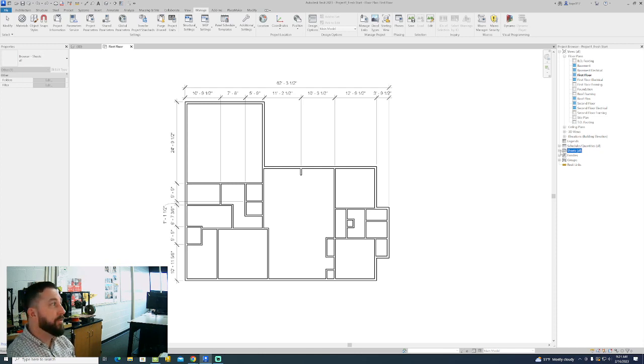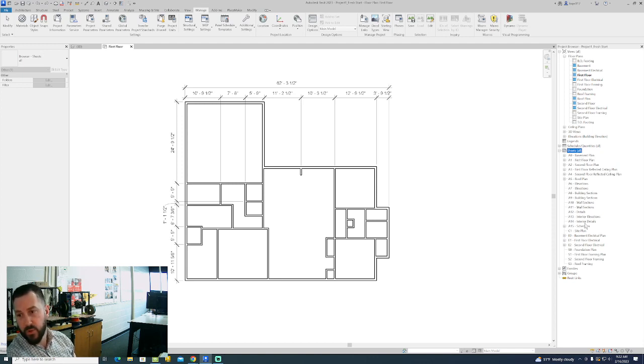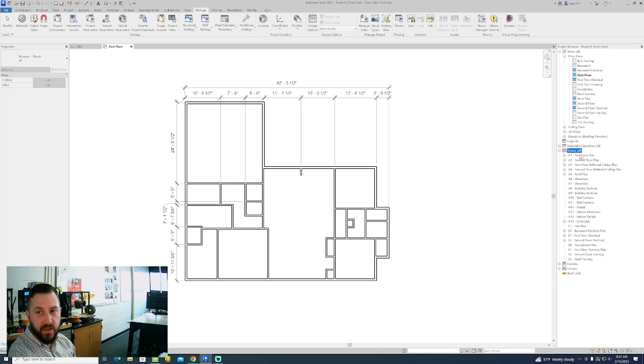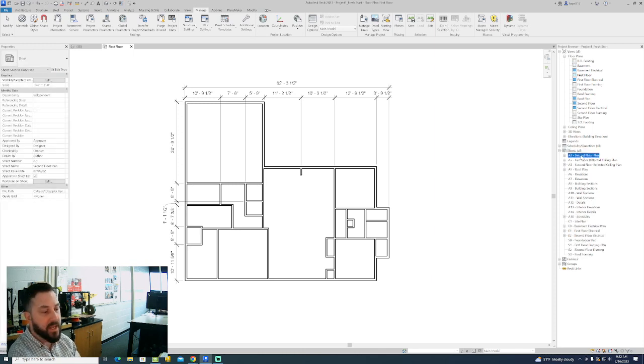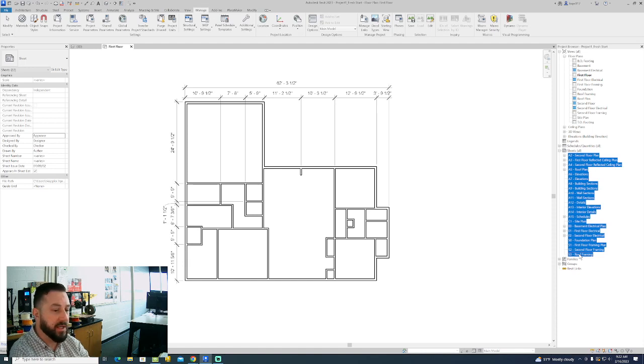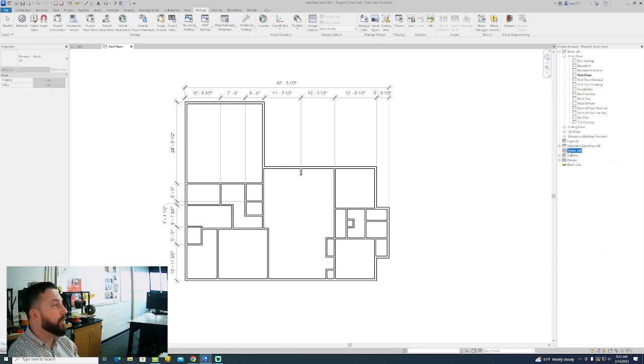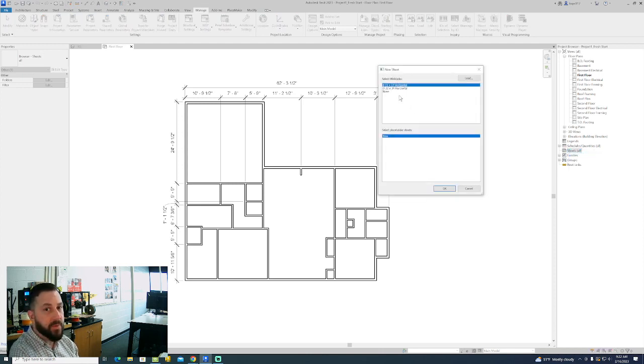The template file that we used when we started this, if I hit this little plus button, there's like 20 different sheets already set up. That's confusing. So the first thing I'm going to instruct you to do is delete all of these. You can pick each one individually and press delete, or it's way faster if you pick the first one at the top of the list, hold down the shift key, pick the bottom one, it selects all of them in a sequence, and then just delete them all. So right now, you're starting off with no sheets. That makes your life easy because now when you add a new sheet, by right-clicking and clicking New Sheet, you can pick a title block